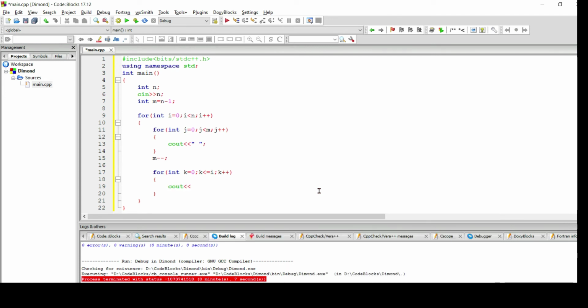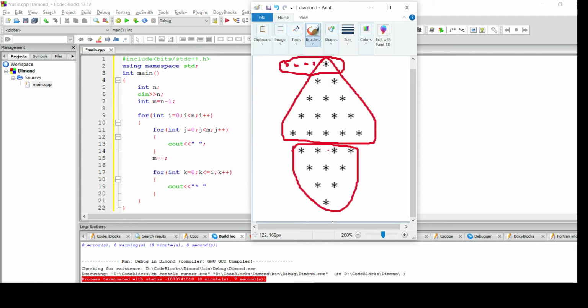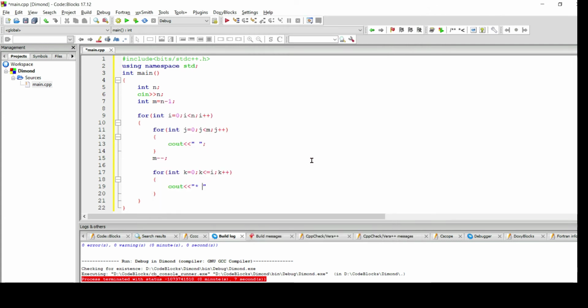Now I will draw the character. But after drawing the character, I will take one space, as you can see in the image here. There will be space between the stars, so that space I will draw along with the star.